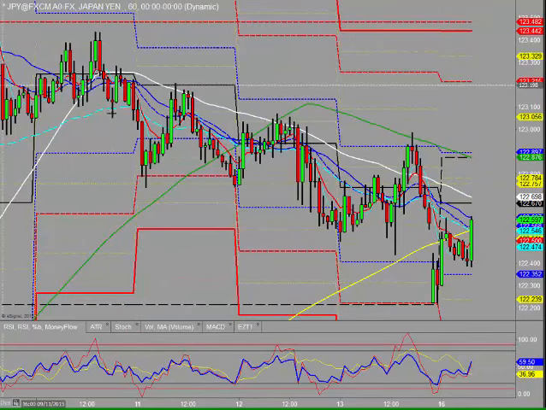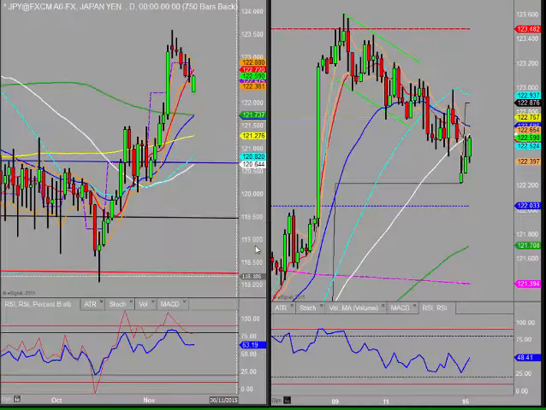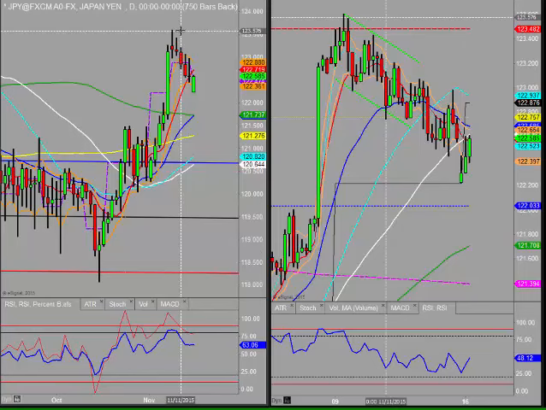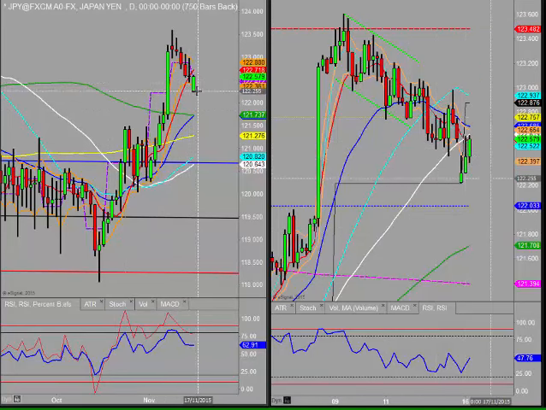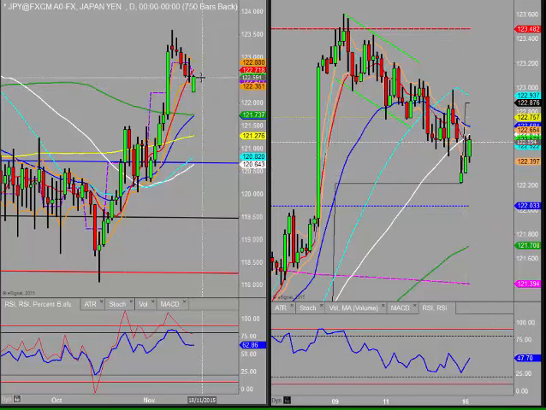Dollar yen: in Japan there's a bank holiday today, but that doesn't mean the currencies won't be traded. As you can see, it's a bit of a weird old one. It did have quite a big gap down. You can see from this green candle that it's lower than the prior lows, so it's certainly gapped down, and is moving now back into